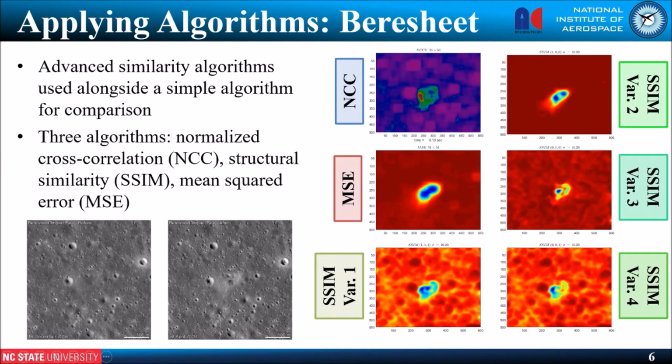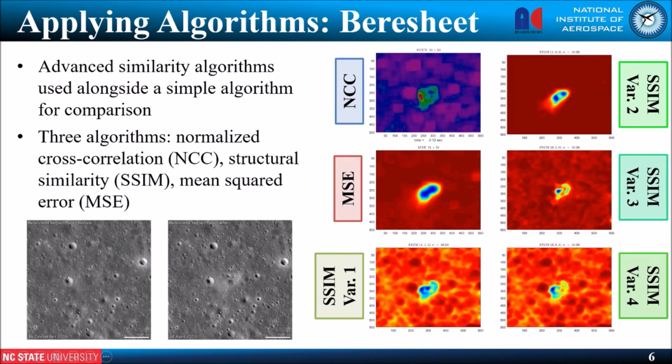Here, the algorithms have been run on the Beersheet before and after images shown below to locate the damage. Note that one simple algorithm, called mean squared error, or MSE, is used alongside two advanced algorithms, normalized cross correlation, or NCC, and structural similarity, or SSIM. For SSIM, there are several variations, 4 of which are shown here. While the crash site is somewhat visible in the original images, these heat maps make it very clear where the